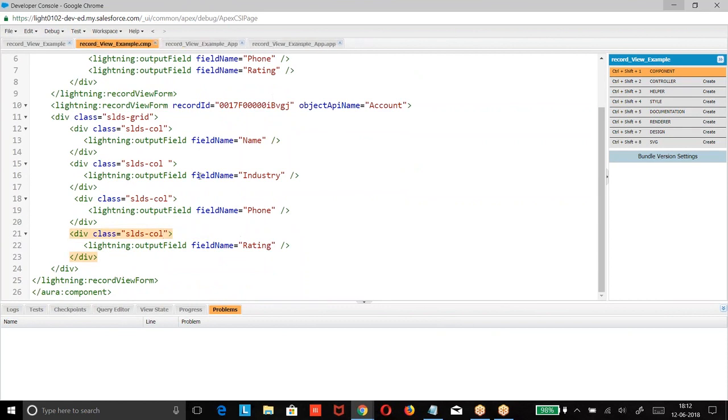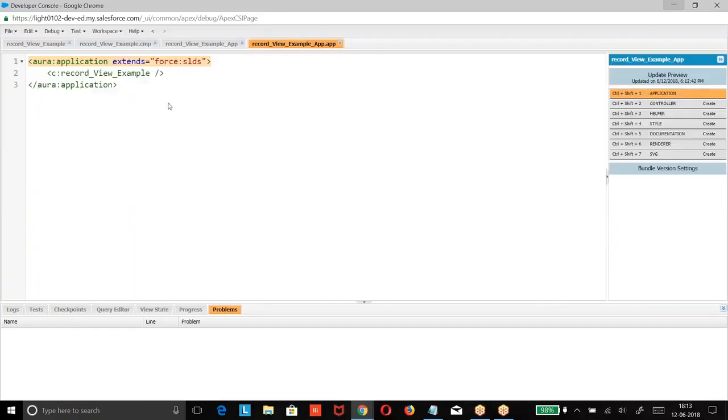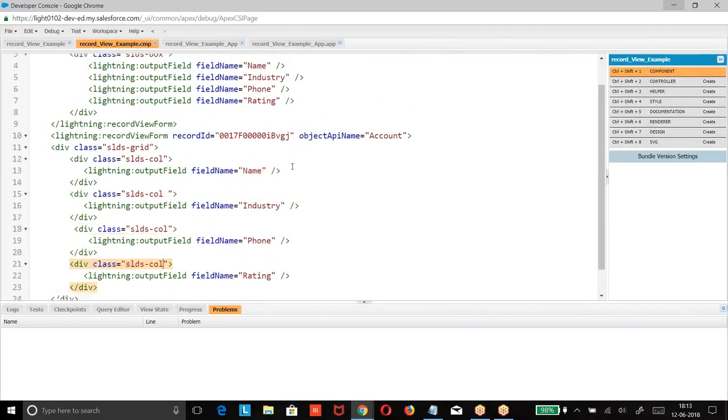How many columns are there here? Simple, this is the basic structure: SLDS grid, 4 columns. Generally, when you go for a size and want to wrap it, different rows have different sizes, and when you want to go for wrapping, we mention size 1 out of 4, 1 out of 6. But when you want straight-away elements, we can give column 1, column 2, column 3, column 4. Straight-away data will be displayed here. Is it simple?